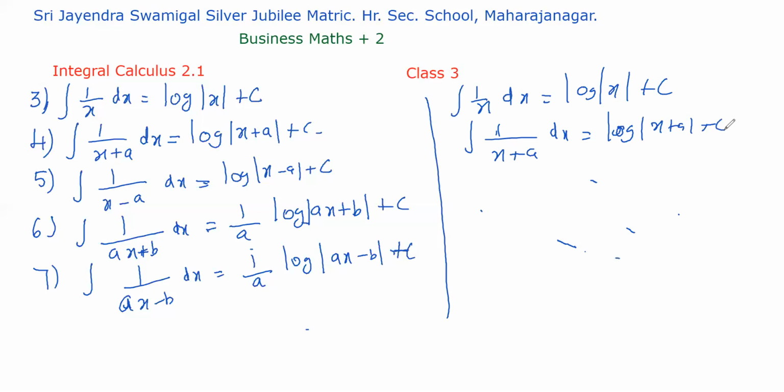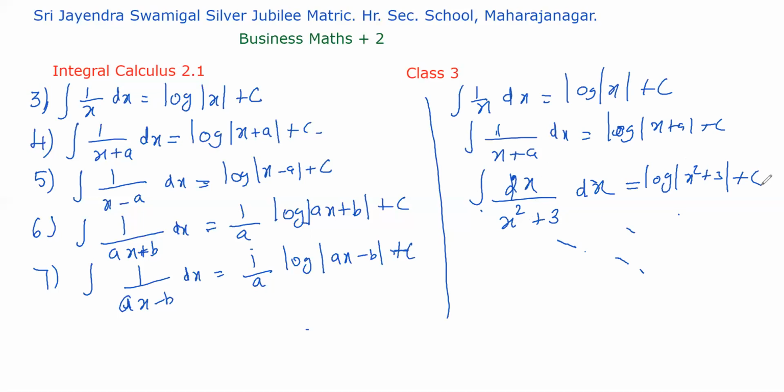Suppose you have integral 1 by x squared plus 3, and in the numerator we have 2x dx. Let's see what this integration is. The denominator is x squared plus 3 and the derivative of x squared plus 3 is 2x plus 0, right? 2x. So in this problem we have the derivative of the denominator in the numerator. That's why we write this as log of x squared plus 3 plus c. Hope you understood these formulas.